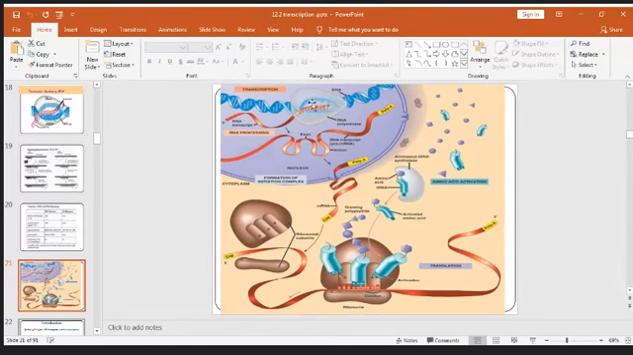Transcription process is taking place in the nucleus. And it undergoes post-transcriptional modifications, as we will see. Addition of poly-